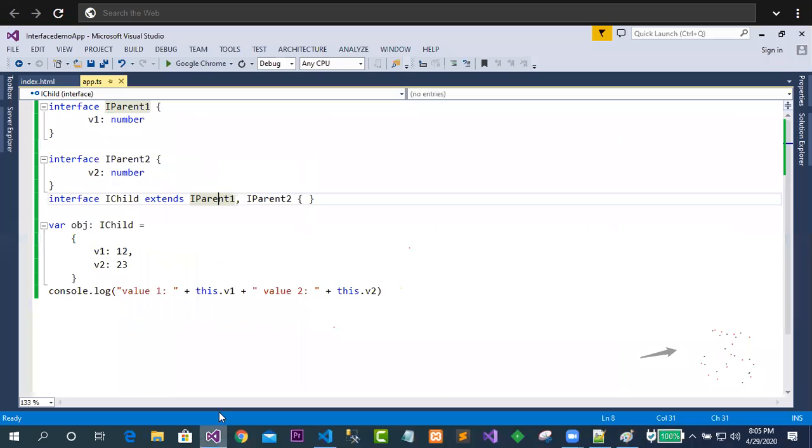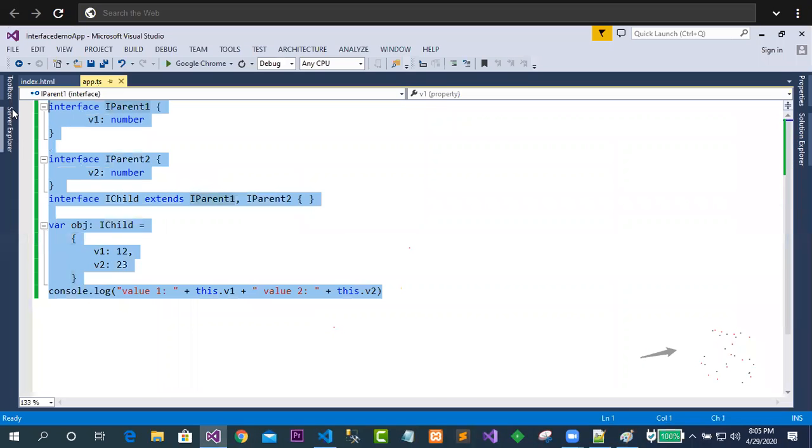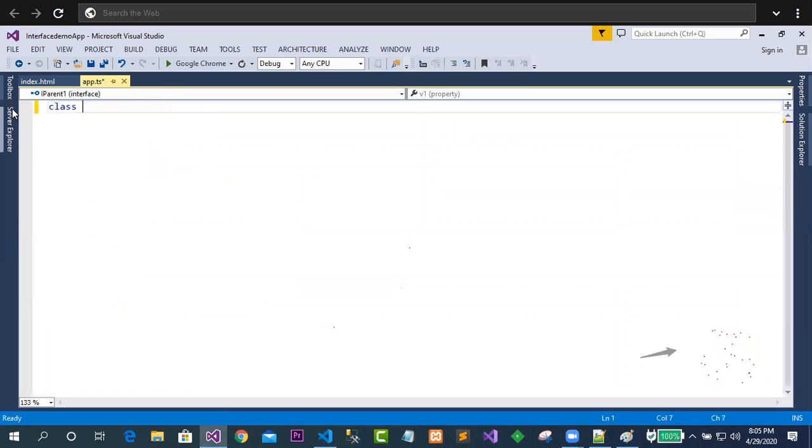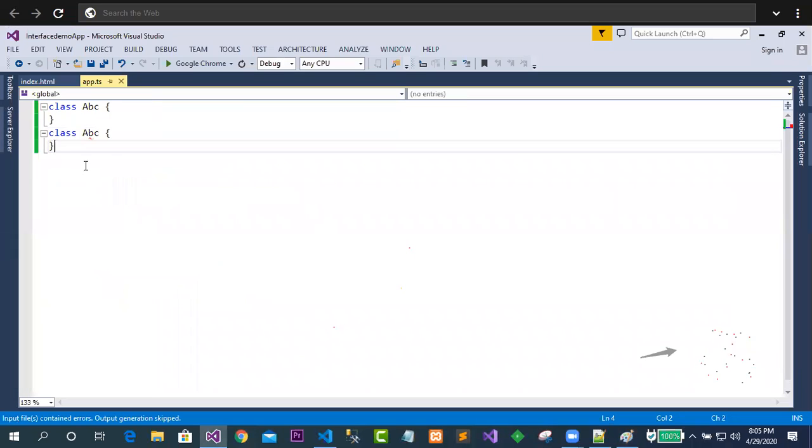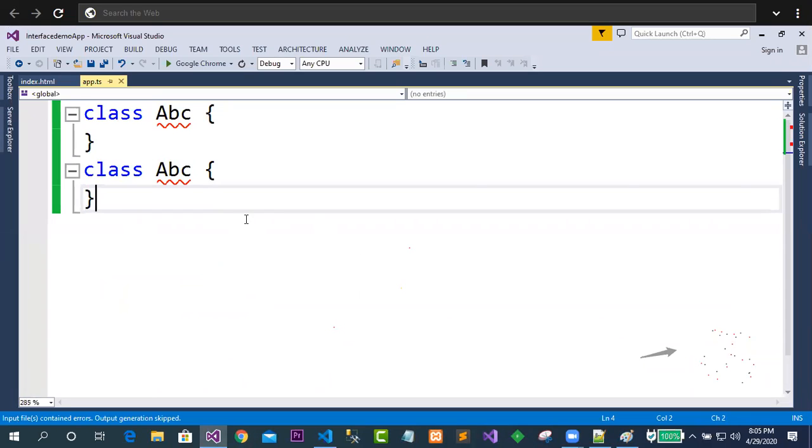If I do this, what answer will I get? I immediately find an error. So what is the error? Duplicate identifier ABC.